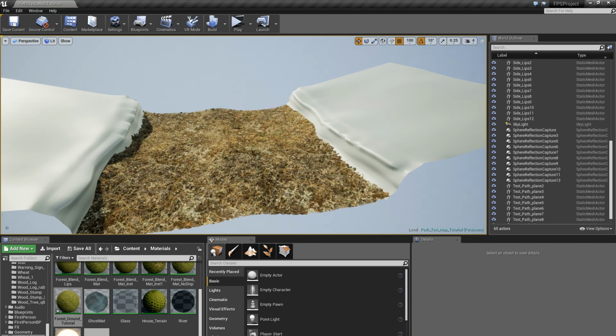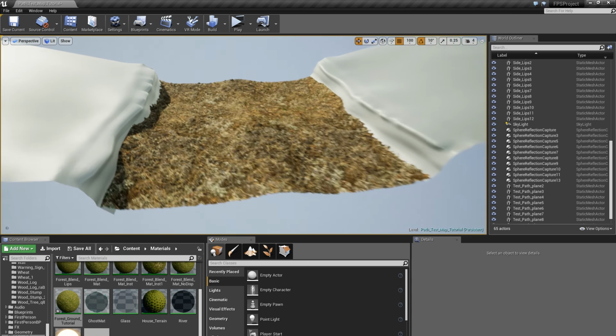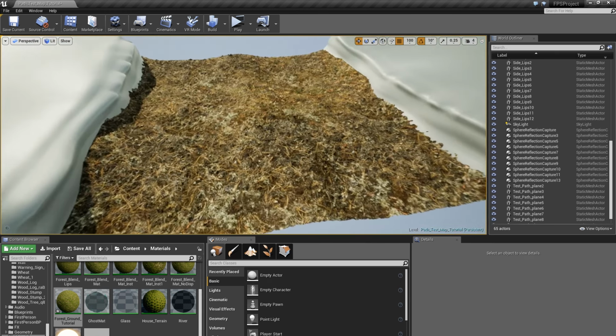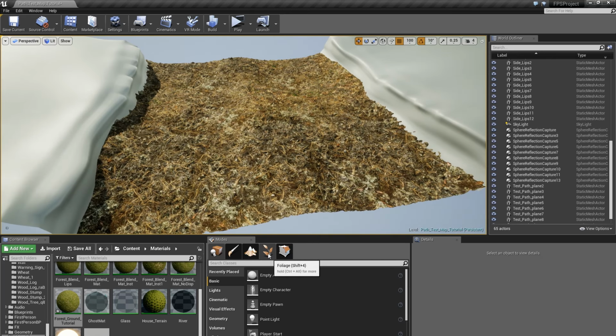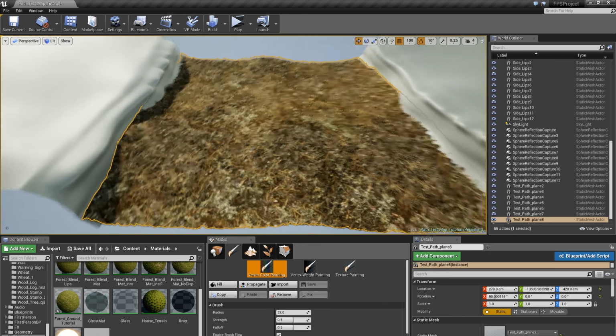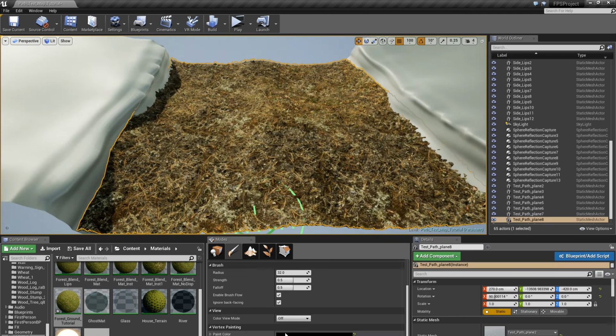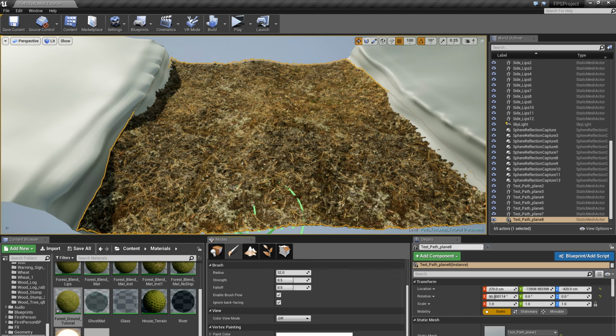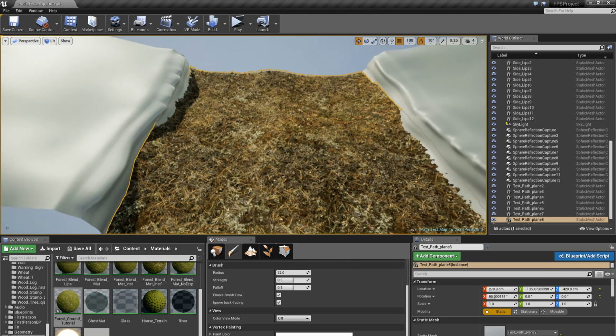And I'll just assign it here. So right now there is not a lot of blending going on at all. Well, there is no blending going on. So what I want to do is open up the vertex painter here, and I'll set the paint color to white, and I want to paint in the green channel. So I want to get some grass